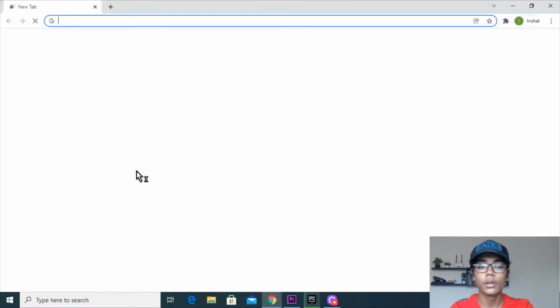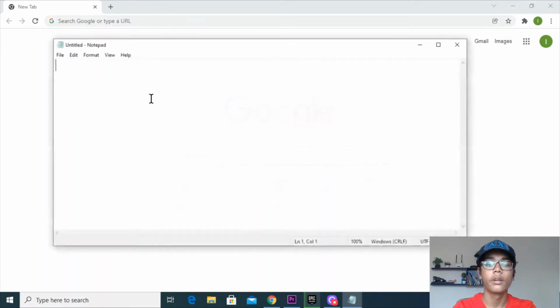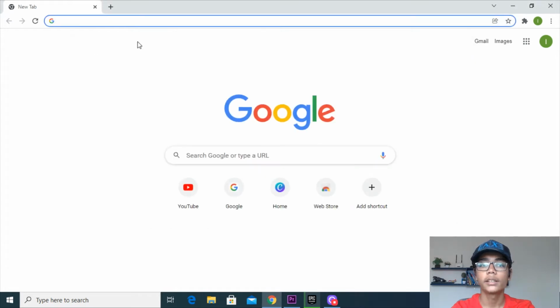If I open Google and show you how to download. There are many other text editors also, like Brackets, VS Code, Notepad, Notepad++, and others. Notepad is this one, which is already downloaded in your PC. You can see there is Notepad, so you can work with that also. But it is not a really good text editor. It is a really old one which we have already in our PC. So I will be showing you what is Sublime Text.